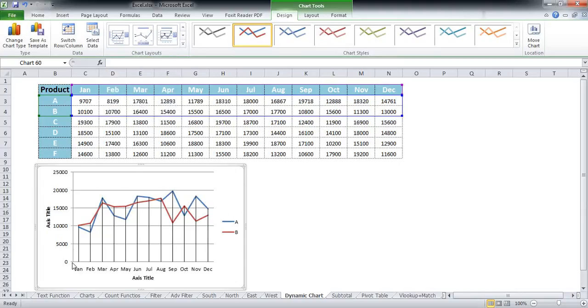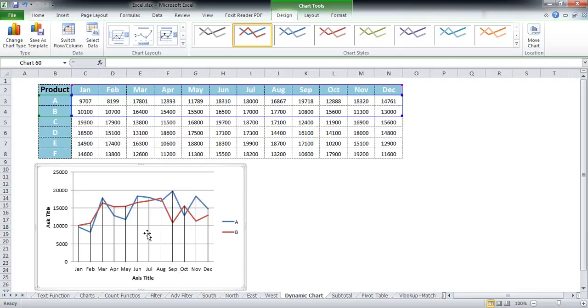Now again, this is a nice way of representing your data, and you can see that this representation is pretty much a cross between a column chart and a line chart itself, and it literally helps you measure the total heights from the product which has the highest sale in that month to the 0 point. So you can see that the one which had the tallest column for any of the months had the greatest sale for that kind of a product.